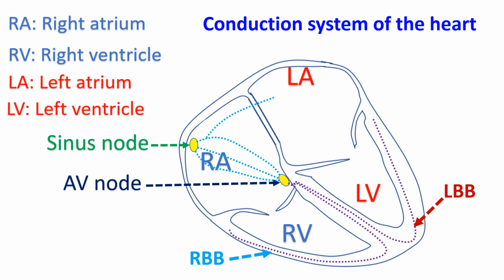Coming back to our previous discussion on conduction disturbances of the heart, we have intraventricular conduction abnormalities or conduction defects in the ventricles. There could be blocks in the right bundle branch or left bundle branch with specific patterns in the ECG. Right bundle branch block is known in short as RBBB, while left bundle branch block is known as